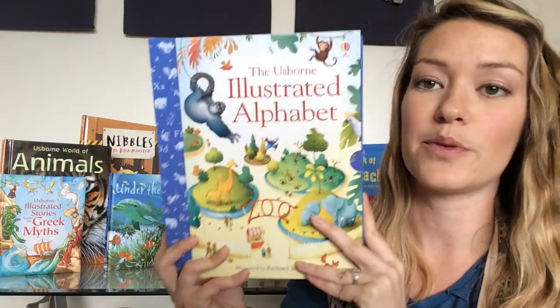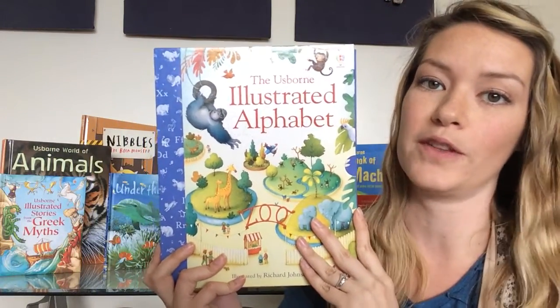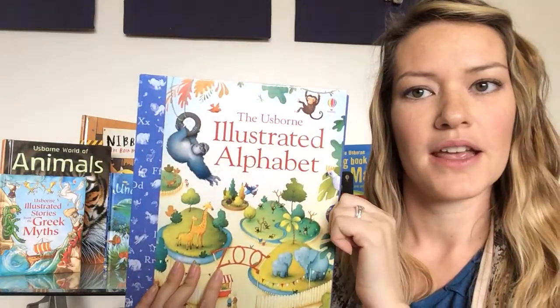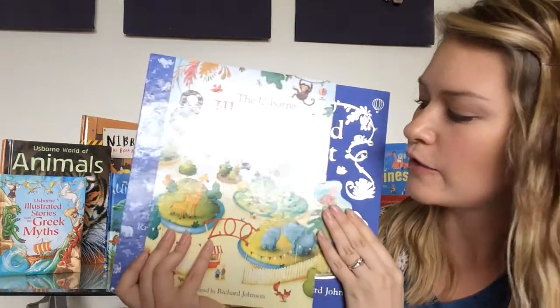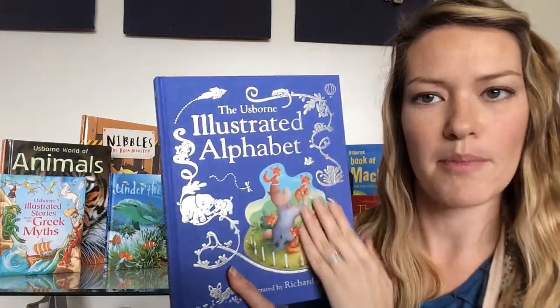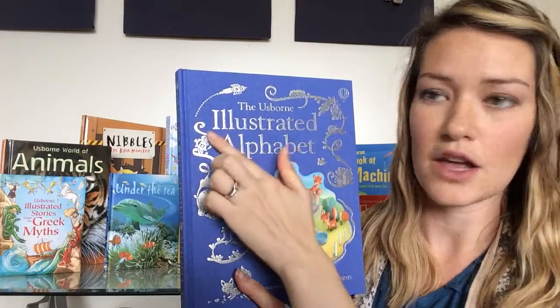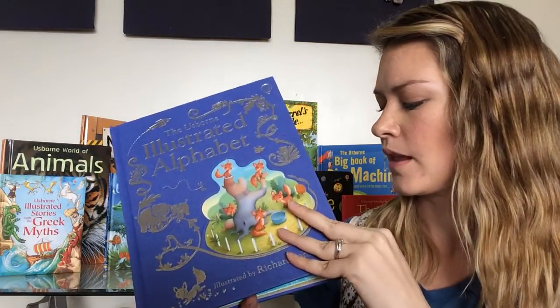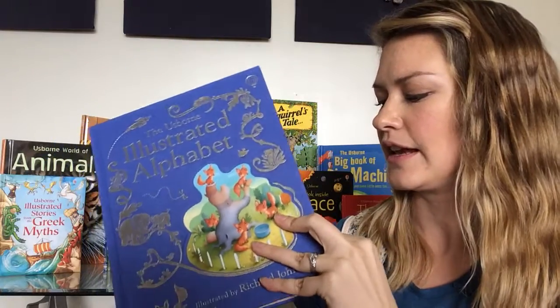This is probably one of our most beautifully illustrated books. It has a nice slipcover. This is called the Usborne Illustrated Alphabet. But you take off that slipcover. It's linen bound. It's very pretty. This is all embossed and shiny. But just look at these